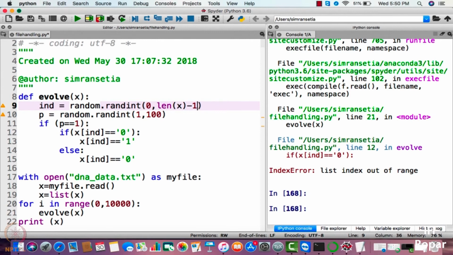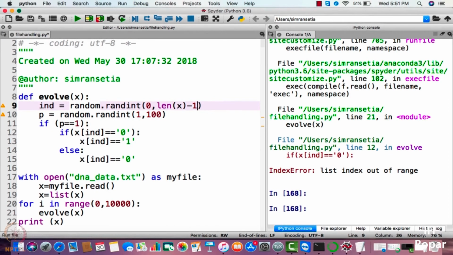If we are given a list of length 5, then we have indices 0, 1, 2, 3 or 4. We don't have 5 here. And random.randint generates random values in which both ends of the range are inclusive. So we have to write length of x minus 1. In this case, the problem will be solved.